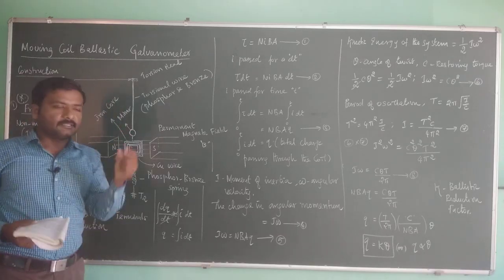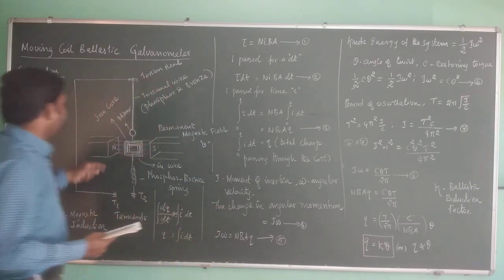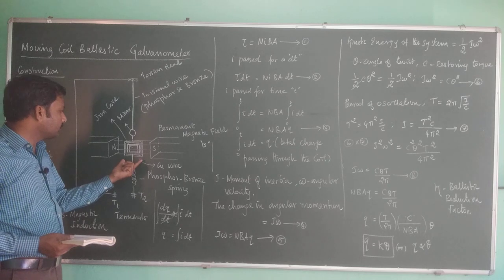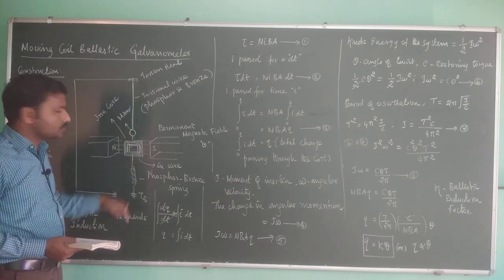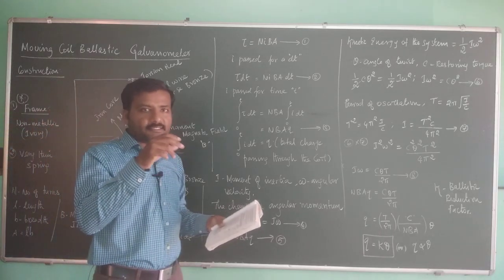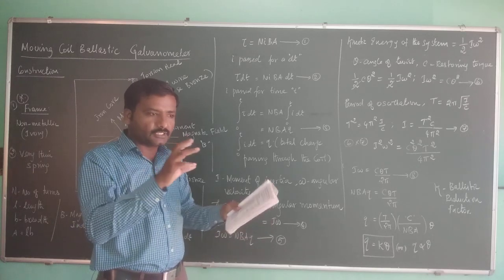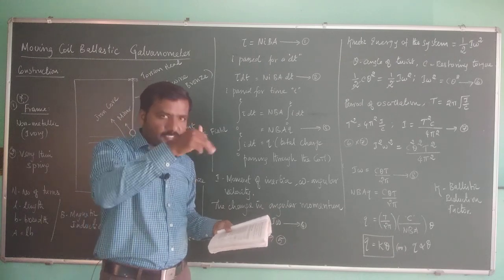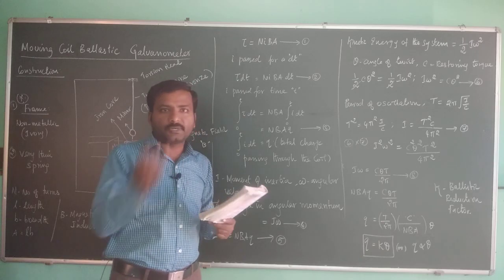The charge is considered for a small fraction of time, so that the charge should be passed through the coil before it starts responding. When you pass the current, a force will be created. For that force, a force couple will be created, so that the coil starts to deflect. Before starting the deflection, this momentary charge should pass through it. That is one thing, which means the current should pass through very quickly.